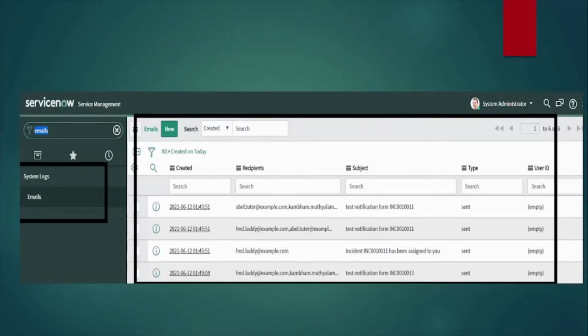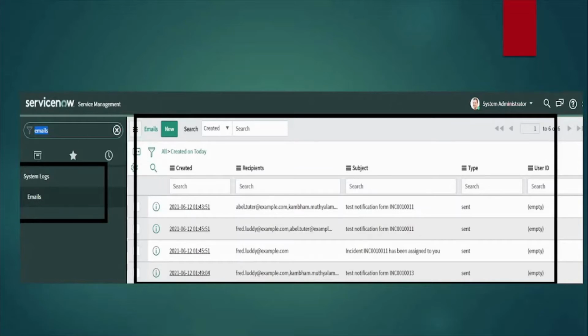After creating the outbound notifications, in the filter navigation you can type emails. Once you type emails, under system logs you can see the system emails module, right?